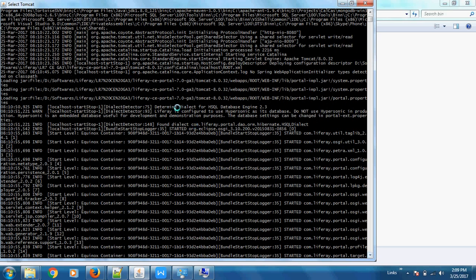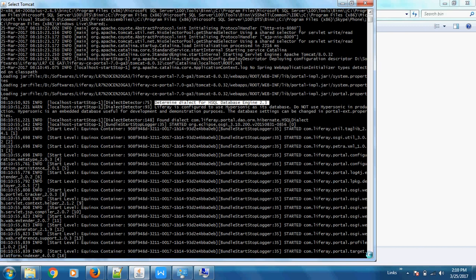And here you can see I have not configured any database, so it is using Hypersonic SQL by default. So even if you don't have any database configured, Liferay will start using this default HSQL database.